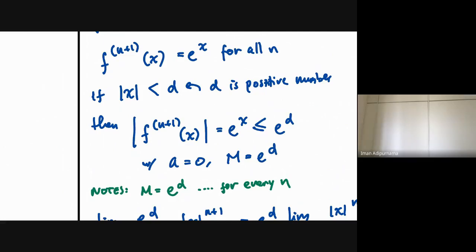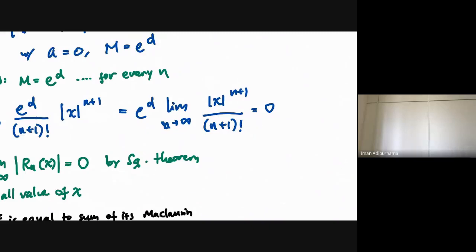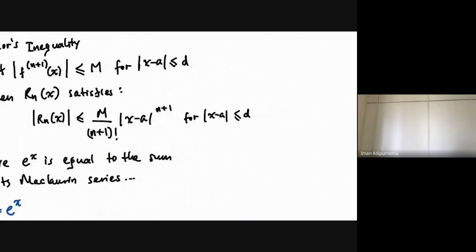So if we put d there and we have this M for every n, then we can approach this and we see the limit, and it's true that the limit will be 0. And by the squeeze theorem from this,